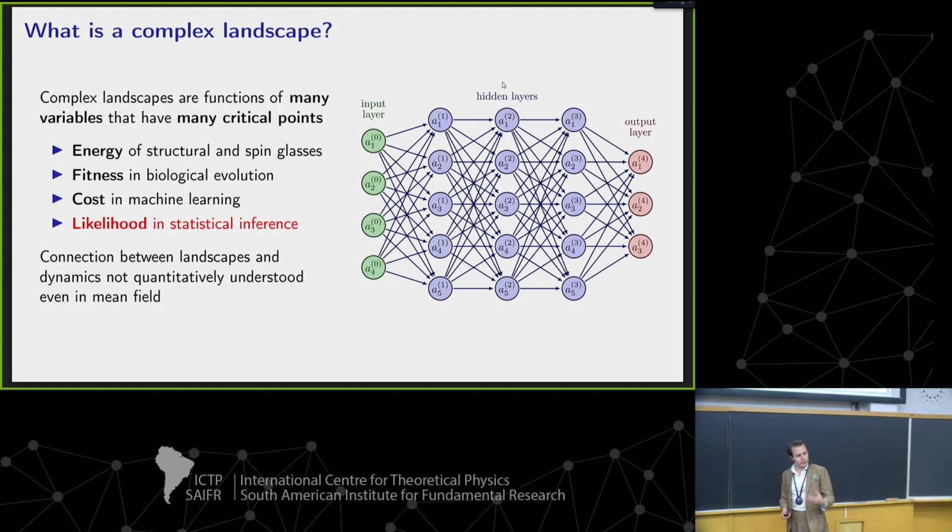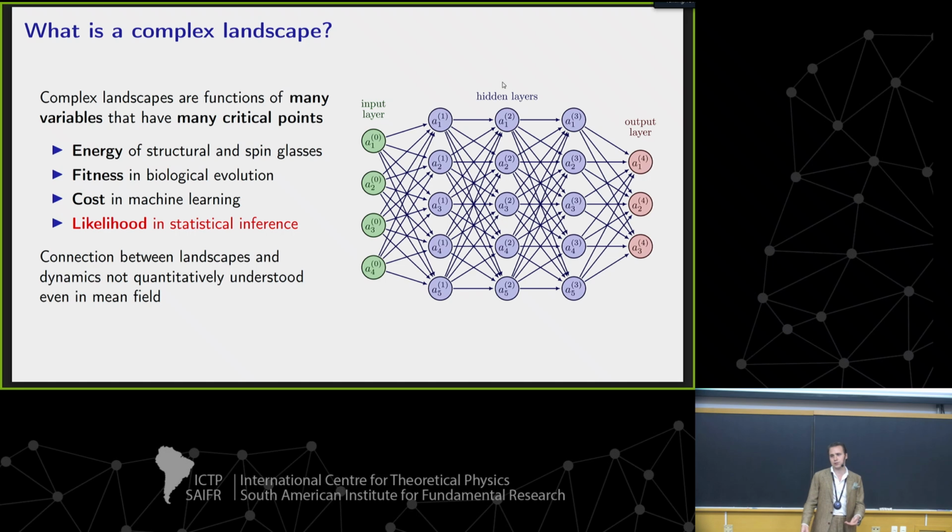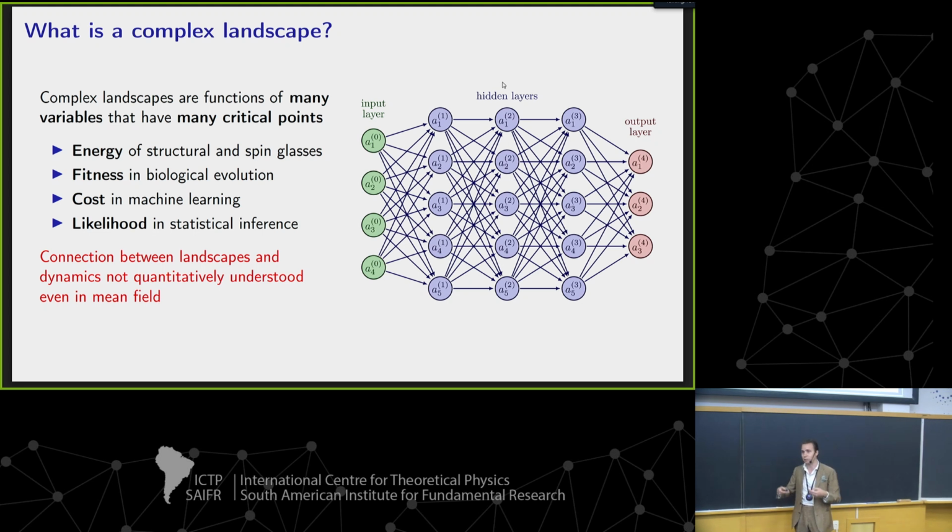Now, in a lot of these models, we have an intuitive understanding, right, that shared behavior in various systems, like very slow dynamics, aging behavior, this sort of thing, is explained by shared structure in the landscape. We think, okay, you have a complex landscape, you have all these metastable states, it's causing these behaviors to happen. But a quantitative correspondence between the presence of certain features and, for instance, the asymptotic behavior of dynamics like gradient descent or quenches is not actually well understood in most systems. And so that's what we're going to try to look at here.